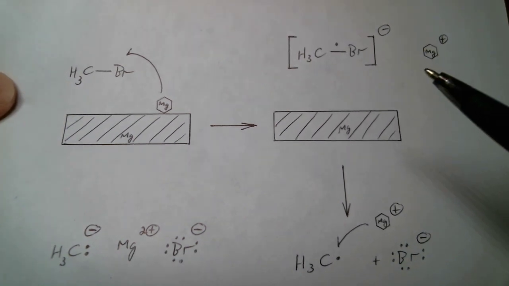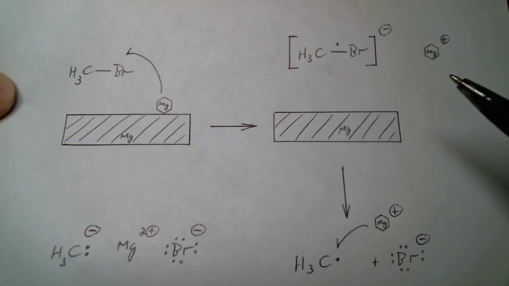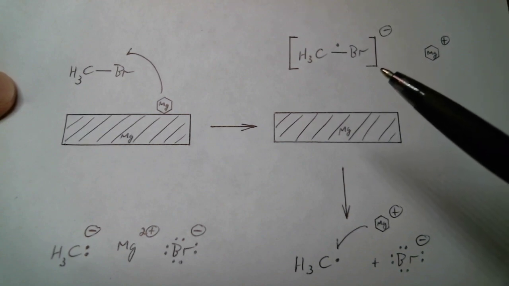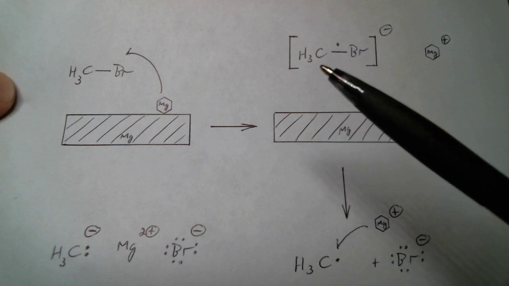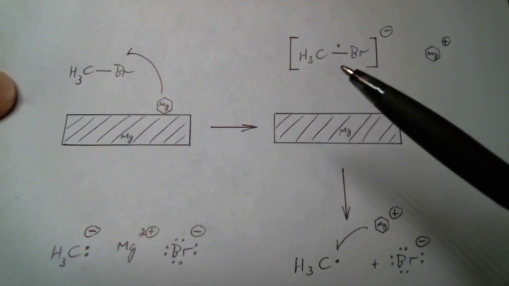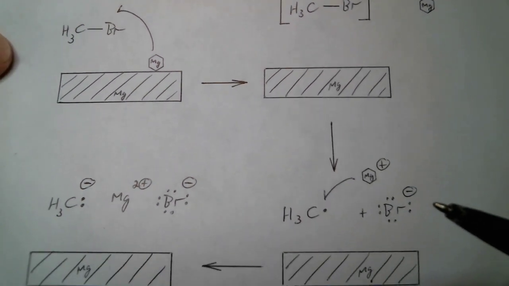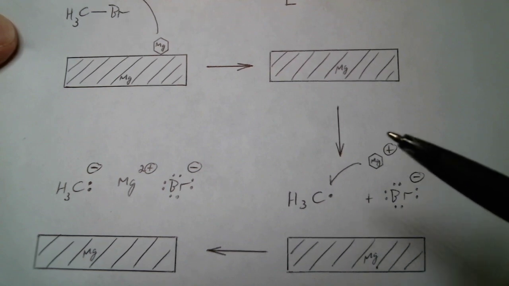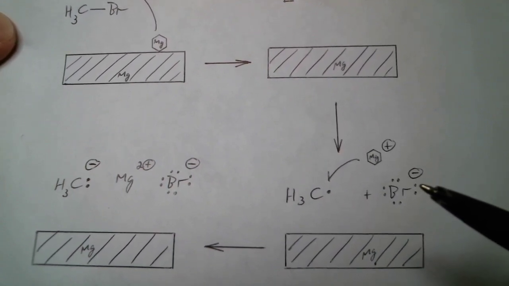My magnesium atom now popped off the surface. It's a cation. It's solvated, presumably by ether molecules. This radical anion is not stable. Of course, putting an electron in that antibonding carbon-bromine molecular orbital weakens the carbon-bromine bond, and in fact, it breaks apart into a bromide anion, a methyl radical, and of course, we've got our magnesium 1+ cation counterbalancing that negative